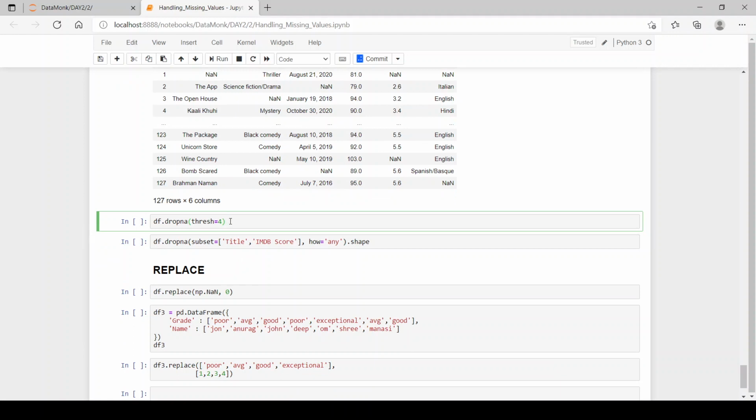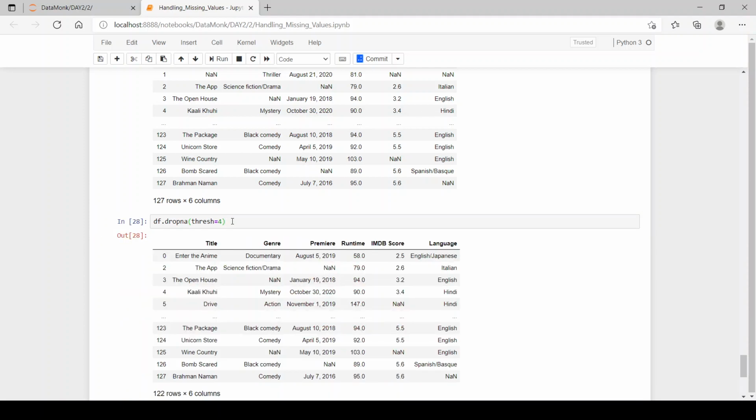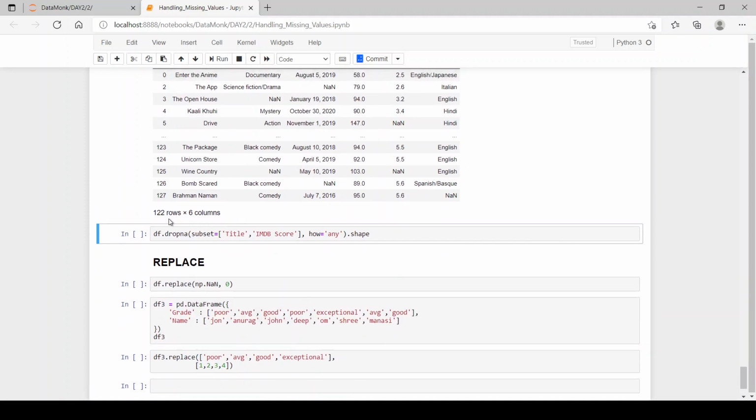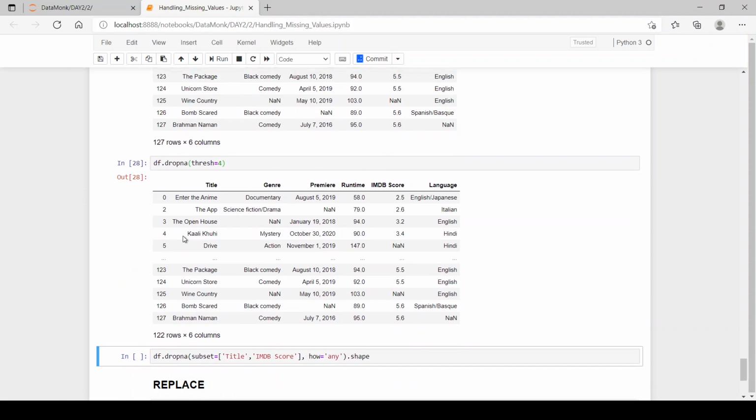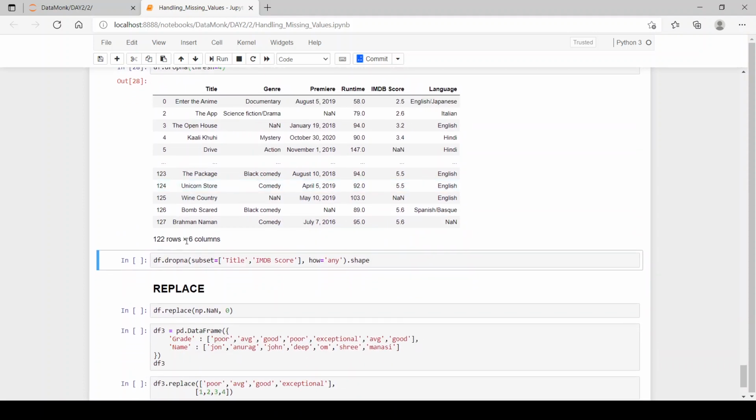If df.dropna has a threshold of 4, then if a row has 4 meaningful data values and 2 null values, the row will be kept. So we can see 122, 6, meaning only one row was removed over here, and here 5 more rows are removed.